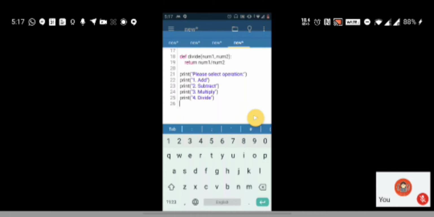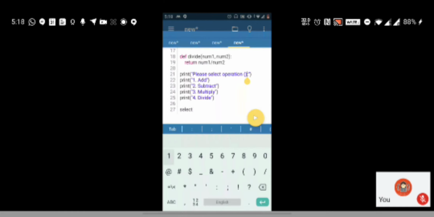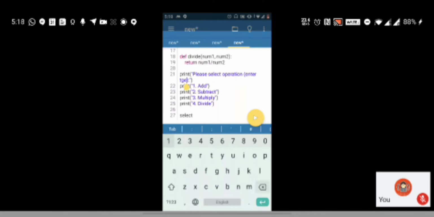So now let's take the input from the user. This was just for the user's reference, to tell the user these are the 4 operations that can be performed. But now you have to take the input from the user, right? First you have to take the operation from the user. So here, just give the user a prompt saying enter the number.